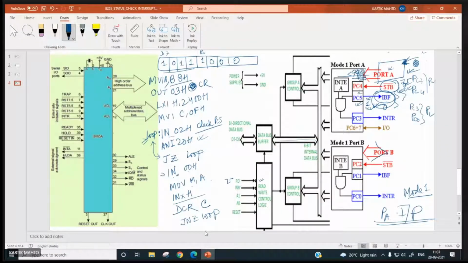If PC5 is 1, then it comes out of the loop, inputs the data from port A, transfers that to the next memory location 2401H, decrements the count, and again goes back to the loop over here. Is this program clear to you?